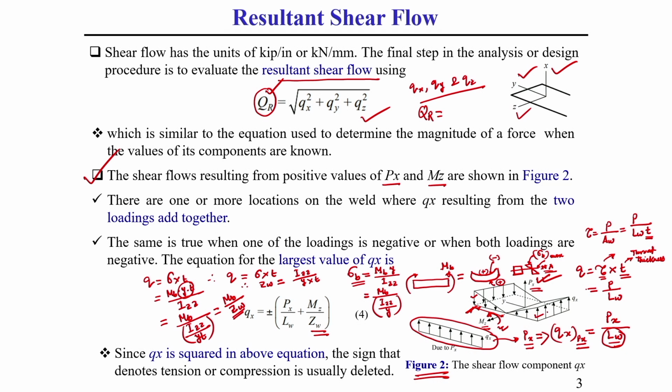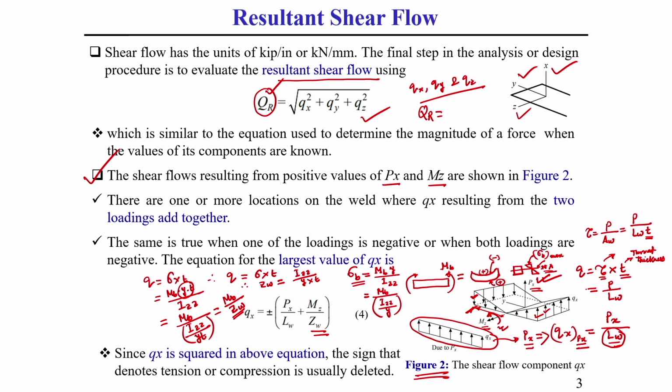You can see in this figure 2 itself, due to this clockwise bending moment, the right side bending stress is tensile, and the left side bending stress I have shown in downward direction, which is negative, or compressive in nature. You should keep this in mind.